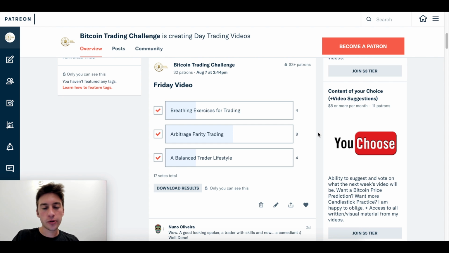So in today's video, we're going to be taking a look at an arbitrage tool that was created by another YouTuber after watching one of my videos on arbitrage. He created a tool that allows you to scan instantly for an arbitrage opportunity on Binance. Really cool. And we're also going to be looking at a deeper dive into exactly how one can profit off of parity trading, which is a version of arbitrage trading where we're buying undervalued and selling overvalued assets for an